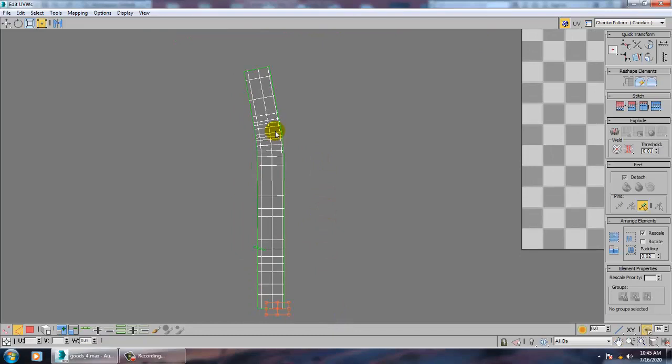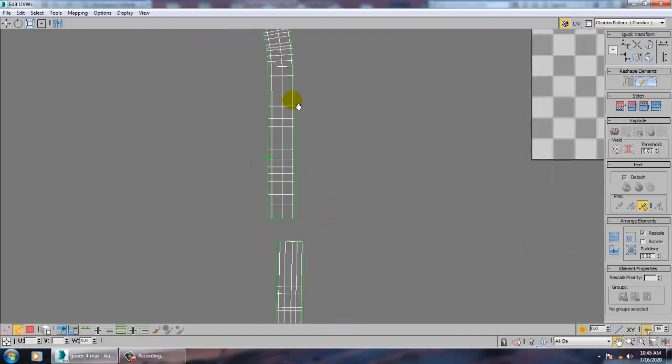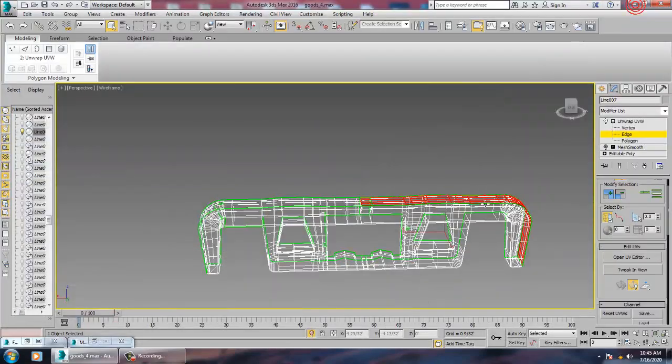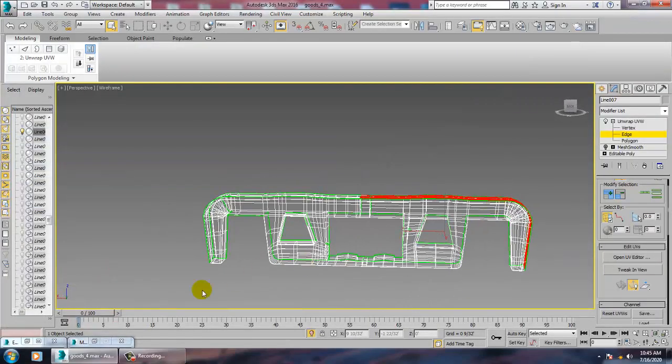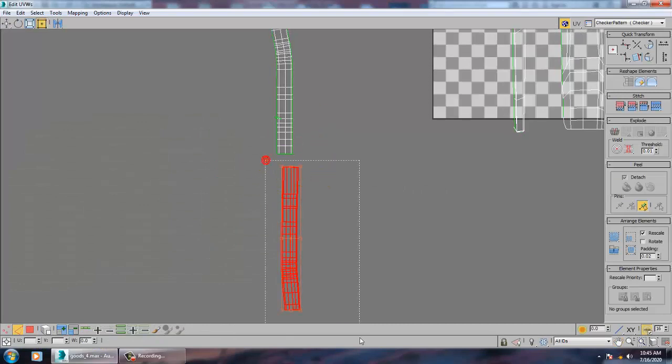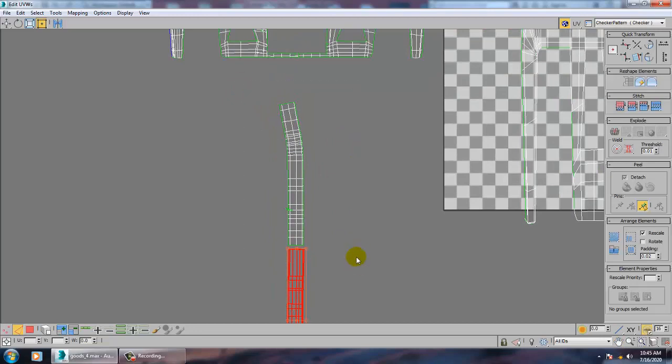But if you see this, we have just opened this part. If you select this part, you will see that this is a half part which has been relaxed, and the other half part which we have done has been relaxed in this way. So you can just select this again, tools, and relax it.